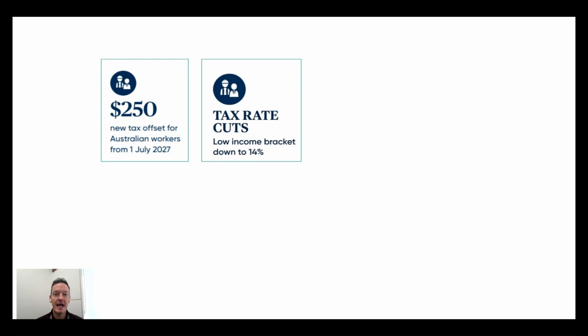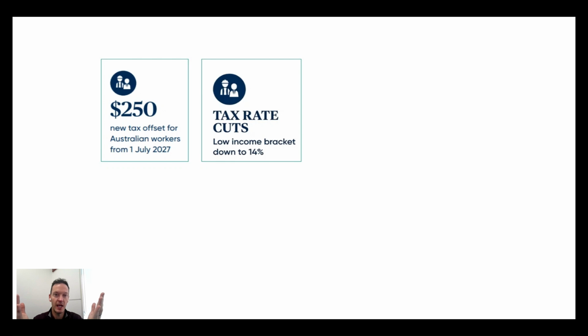The other one is a tax rate cut on low income earners. So that low income marginal tax rate is going to fall from 16% to 14% over the next 2 years. Both of these policies, and the main theme of this budget really, is rebalancing the amount of contributions that people make in tax between those that earn their income from working and those that earn their income legitimately and legally